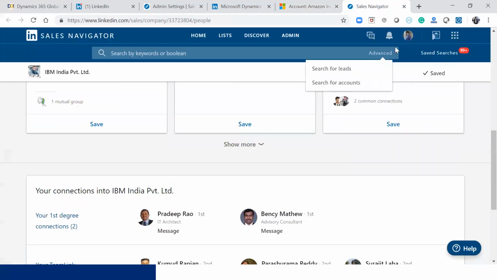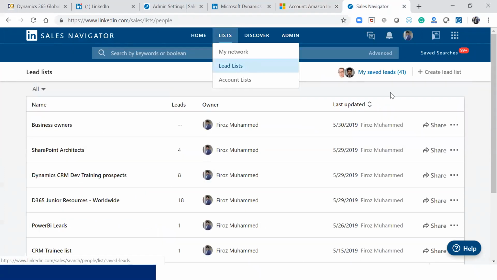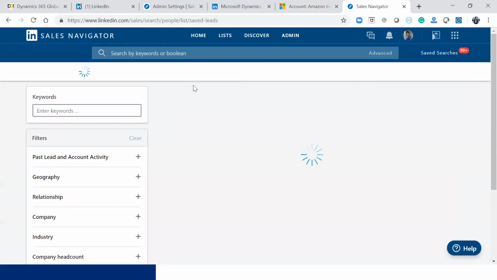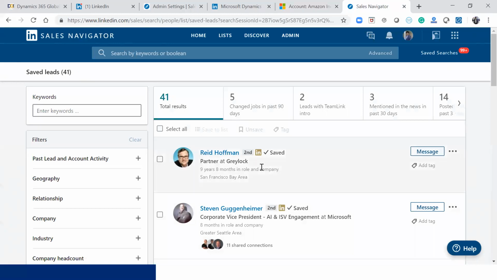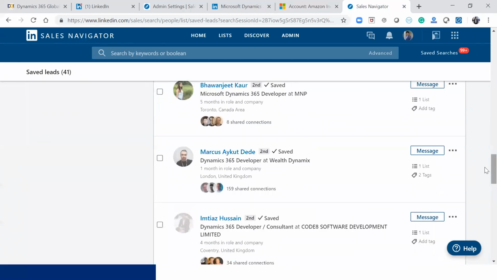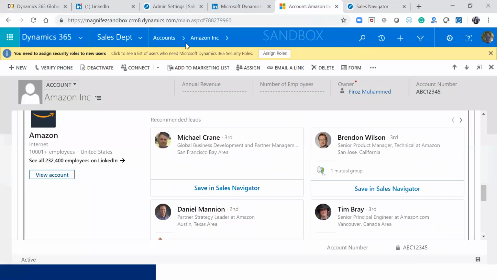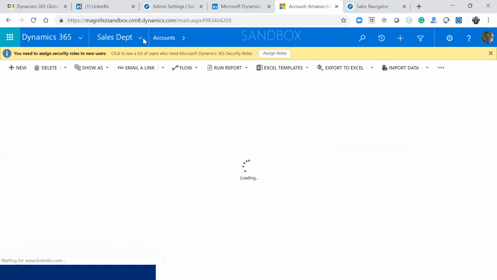So when I look for my saved leads, I'll be able to see that particular lead there. Once I go to my saved leads, you'll be able to see that profile here. These are the ones I have saved, and the one I have just saved right now will be at the bottom of the list. Yep. And then if I go to a contact record, for a lead,